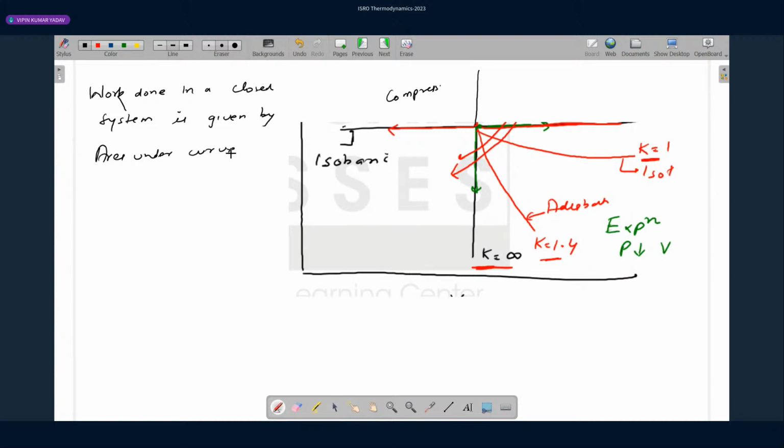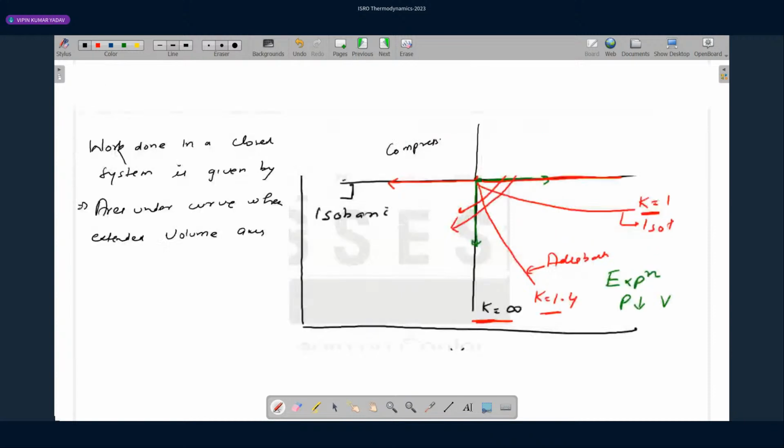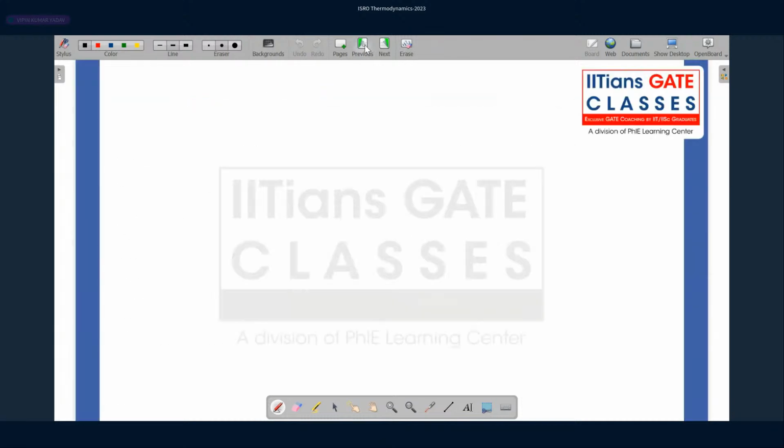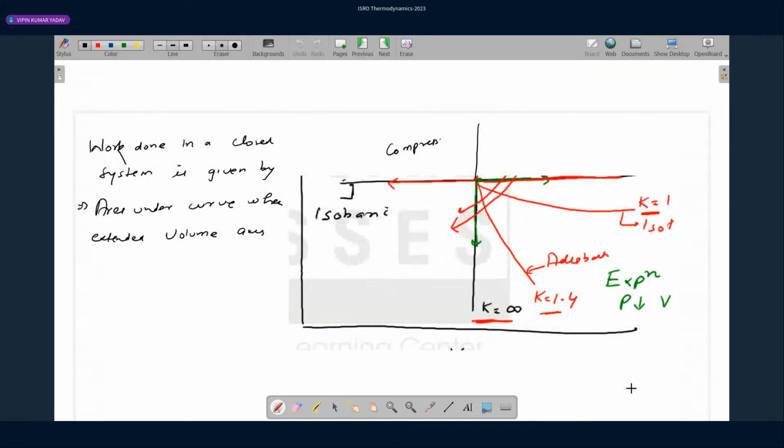Area under curve when extended on what axis? Volume axis, right? So whatever area under curve on the volume axis will give us the work transfer, right? So let's see. So what is the area under